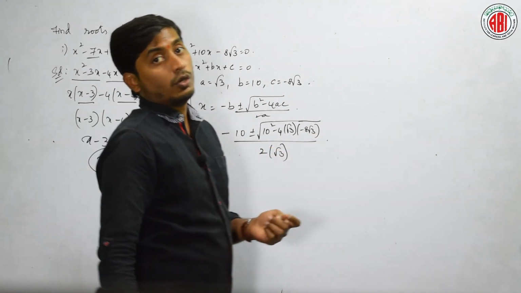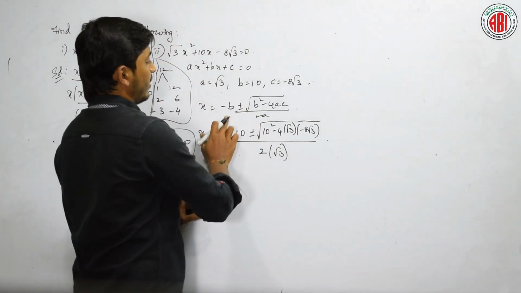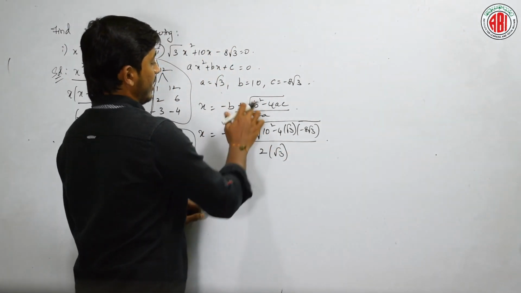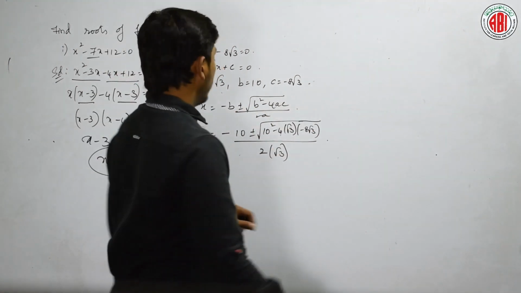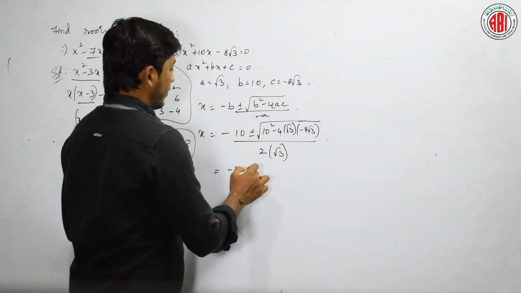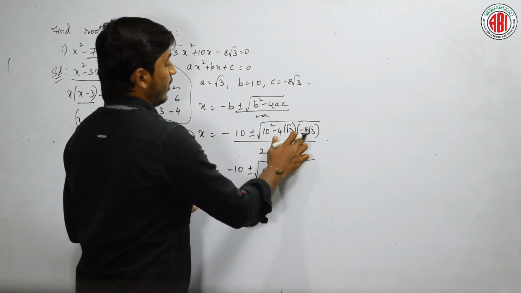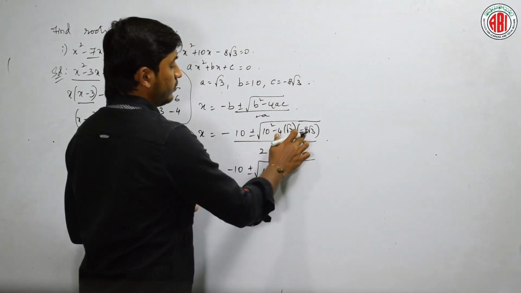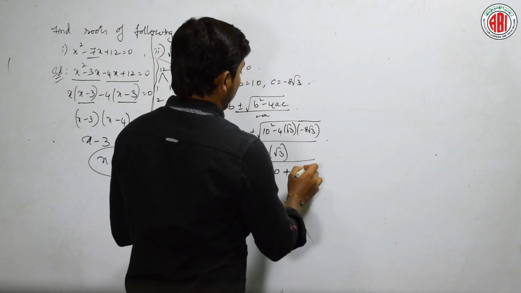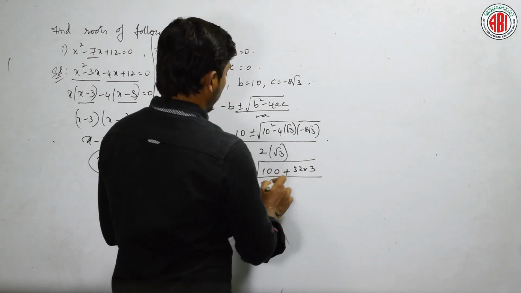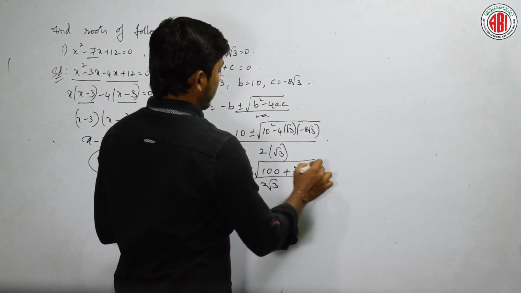Is it clear? Hope you do not have any confusion till now. Clear? Just substituting everything in the formula. Minus 10 plus or minus 10 square minus 4ac. Clear? So, what do we get? Minus 10 plus or minus under root of 100 plus 8 4s are 32, 32 into 3. How much is it? That is 32 into 3 by 2 root 3. If you want, let us write directly. 3 2s are 6, 3 3s are 9. It is